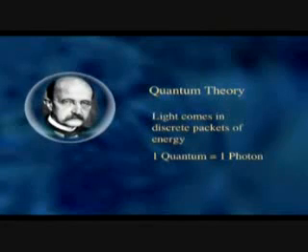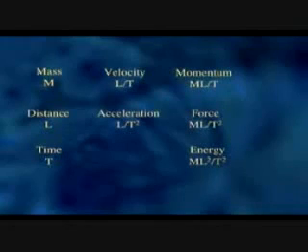Which is often missed. Planck's constant is called the quantum of action. Now, what is action? Action is a word which we don't meet in school, but we should. We come across things like mass, distance, time, velocity. Underneath are just the units. This is how mathematicians look at it. So velocity is length divided by time.